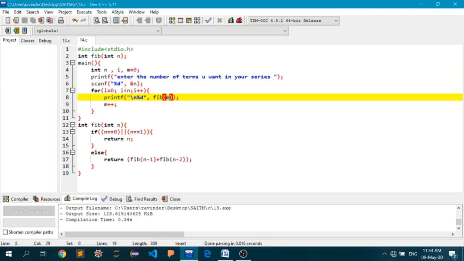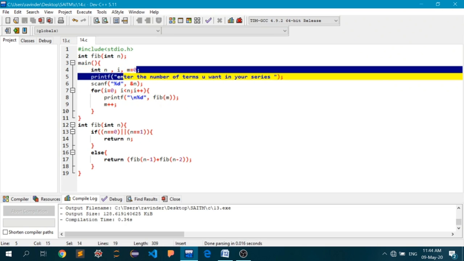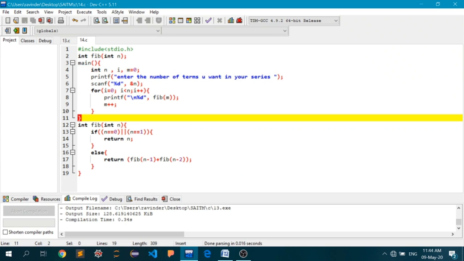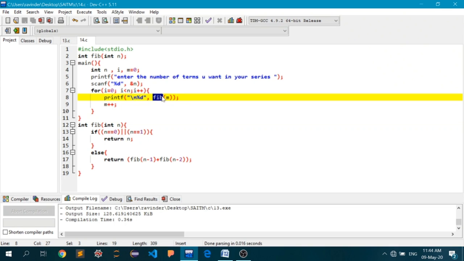So this m, let me remind you, the initial value of m is equal to 0. So the first time when we enter inside the loop, the function fib will be called and the argument will be passed as 0. So this function will return the first number in the Fibonacci series at the 0th index.